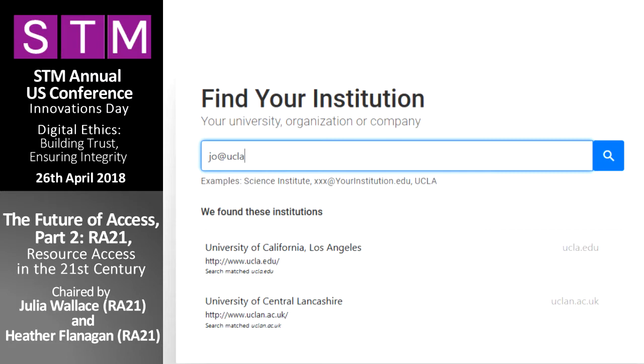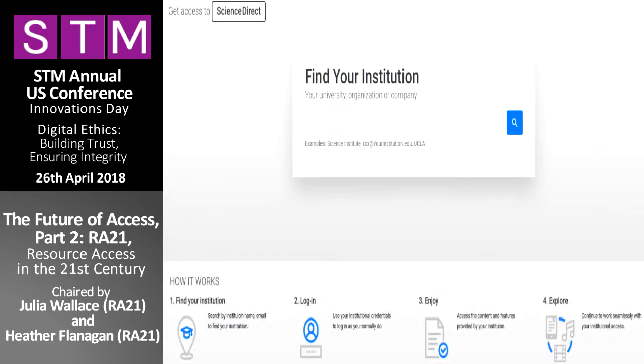So we're trying to do some things like that, to make it easier. So now I will actually try a login. We have a test institution that our friends at OpenAthens created for us, so I can actually do a login because I don't have a login at any academic institutions.